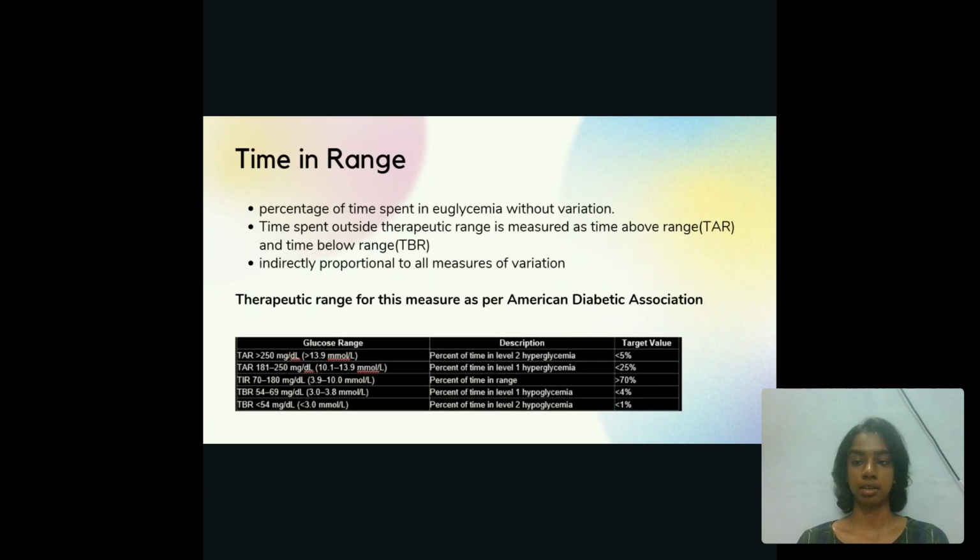Finally, the TIR. TIR, or time in range, shows the percentage of the day glucose levels stay within the particular target range. This is vital because time spent too high or too low, known as time above range or time below range, is linked to complications. The American Diabetes Association recommends spending at least 70% of the time within the established ranges.